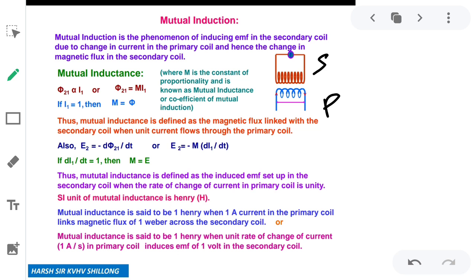Similar kinds of definitions you'll get easily here also. You can compare to self-inductance, it's not a big task. It's all mostly similar things. 1 Henry is defined here also in terms of mutual inductance. So if in the exam they ask for 1 Henry, you now have two options. You can answer in terms of self-inductance, or in terms of mutual inductance if they ask only for 1 Henry. If the question first defines self-inductance and asks to define 1 Henry, then you have to define 1 Henry by self-inductance only.